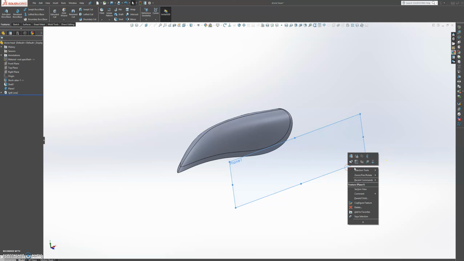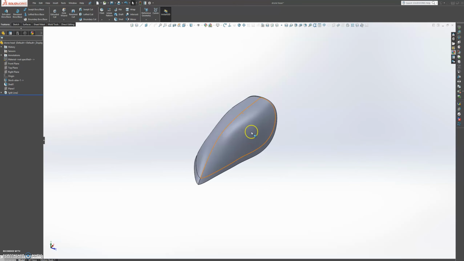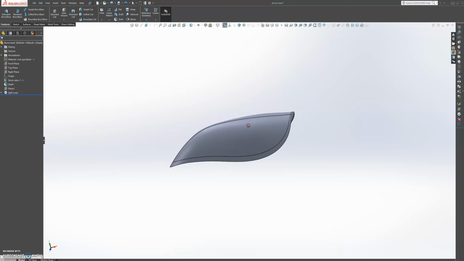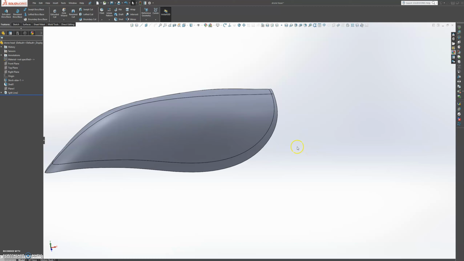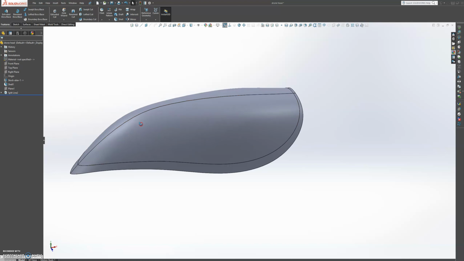We can hide this plane now, and so it's not a curve yet, it's a split line, so we won't be able to create our curve-driven pattern on this one. So what we're going to do is grab a 3D sketch,